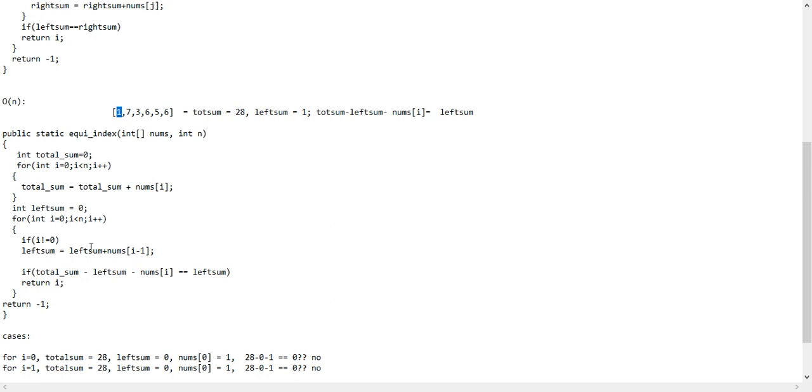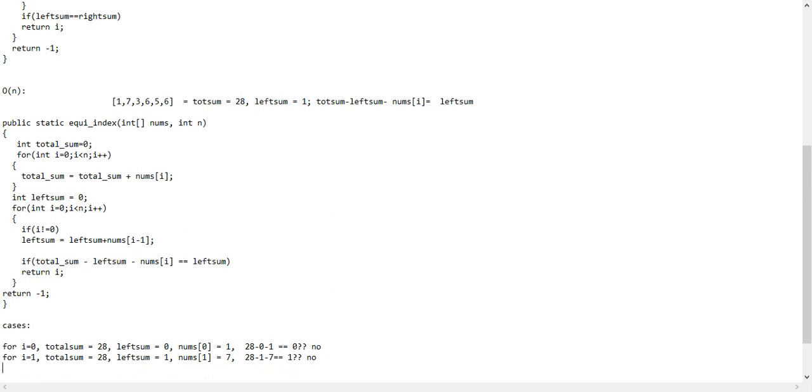So what is the value of left sum? 0 plus 1, now the left sum's value will be 1. And nums of 1 is 7. Now 28 minus 1 minus 7. Is it equal to 1? No, it is 20.